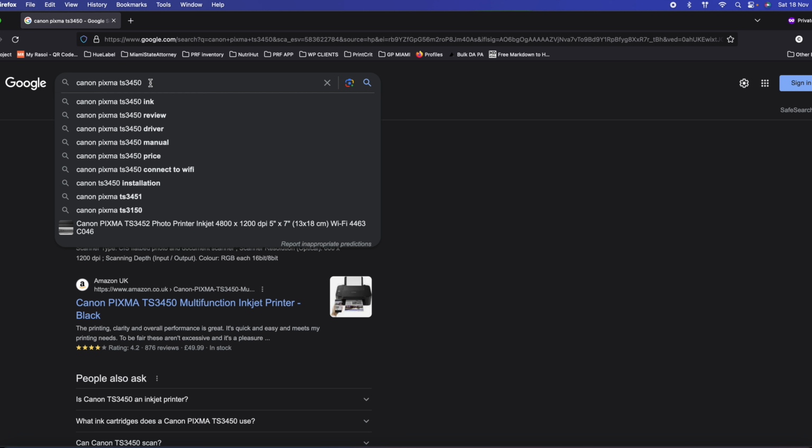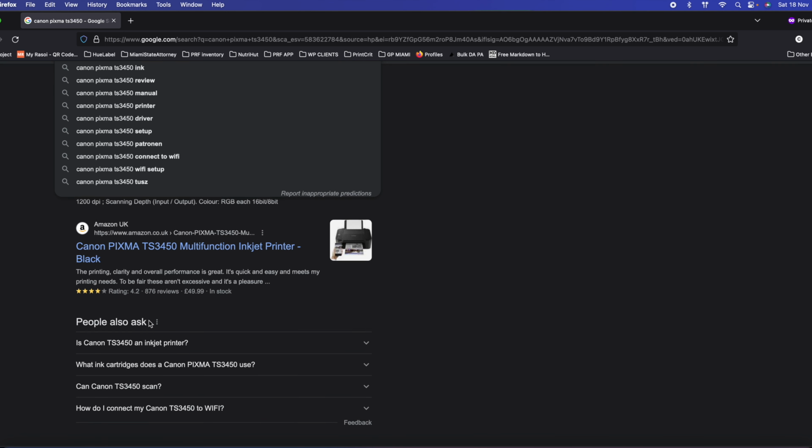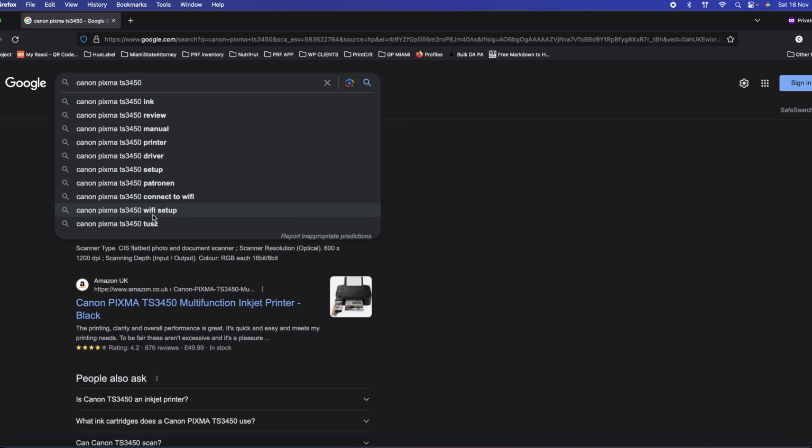So how to find? You can use this tool, Google itself. When you press spacebar, you have some more keywords related to this topic, right? So whoever is searching this keyword, they want to buy the printer maybe, as you can see with the result. But there are some more suggestions by Google that people are also searching related to this topic, which is Canon PIXMA TS3450 ink, review, manual, printer driver, setup. So if I click on review,